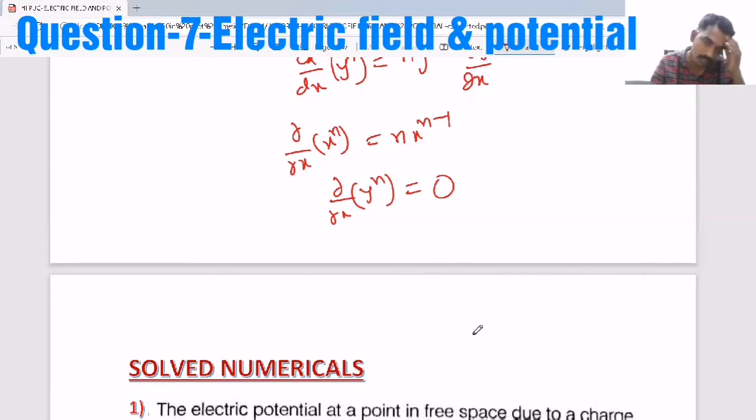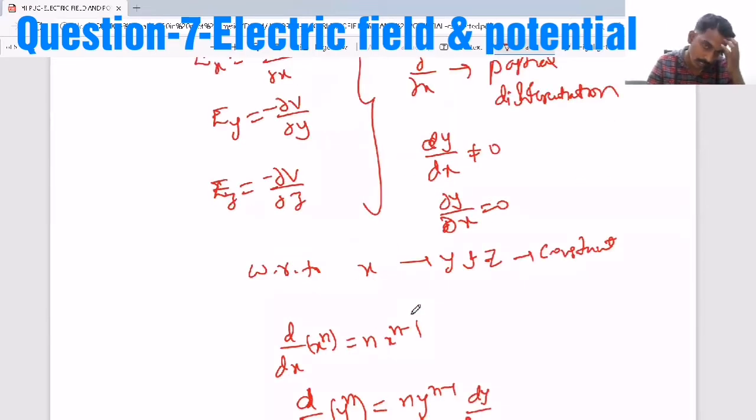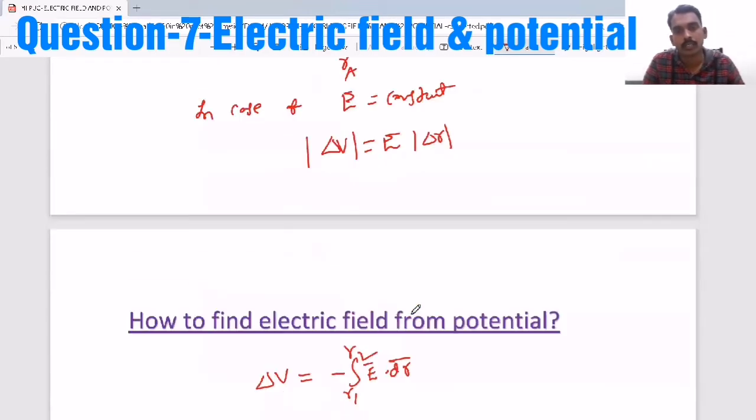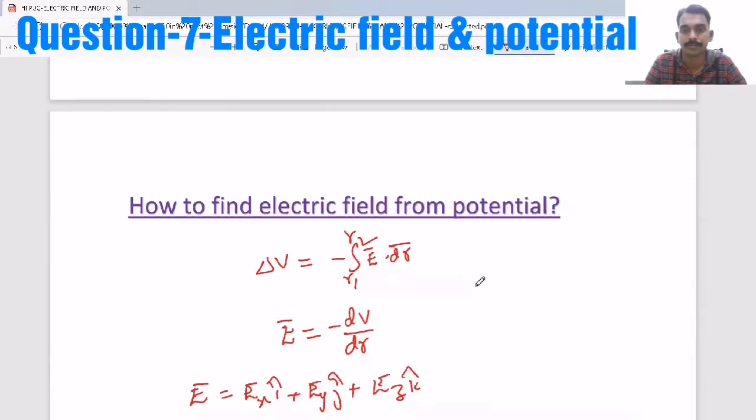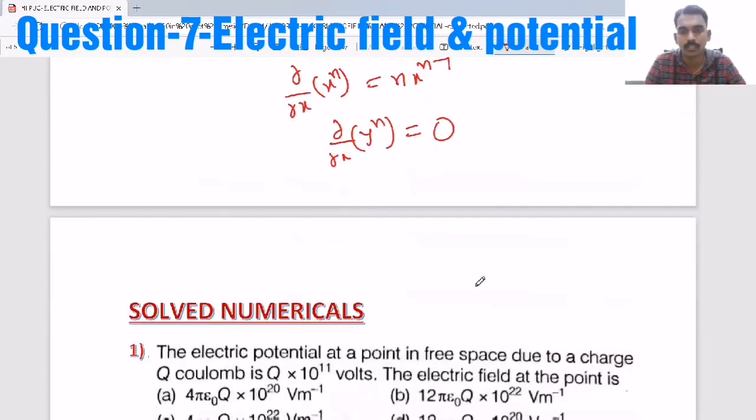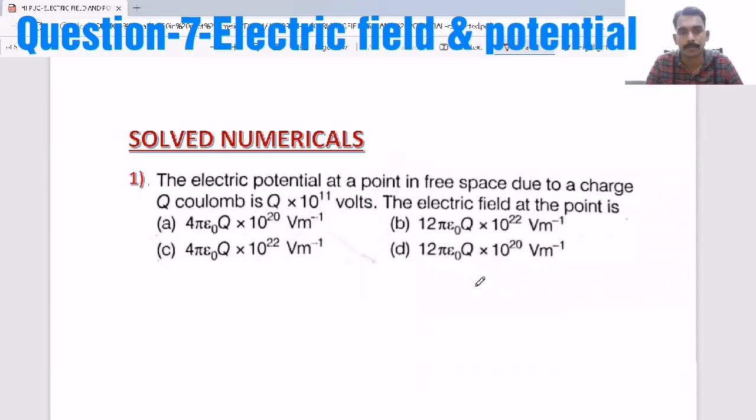So based on this fact, we try to find the numericals. Also, sometimes they will give the uniform electric field in the form of a graphical representation, and there also you need to apply the relation between field and potential to solve the numerical. I have given the examples, you can find them here in this file.